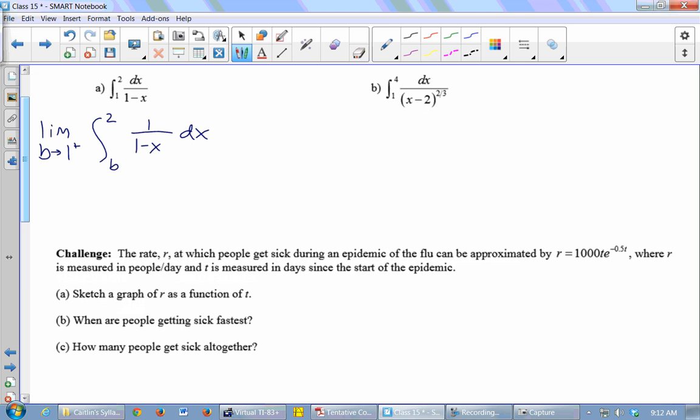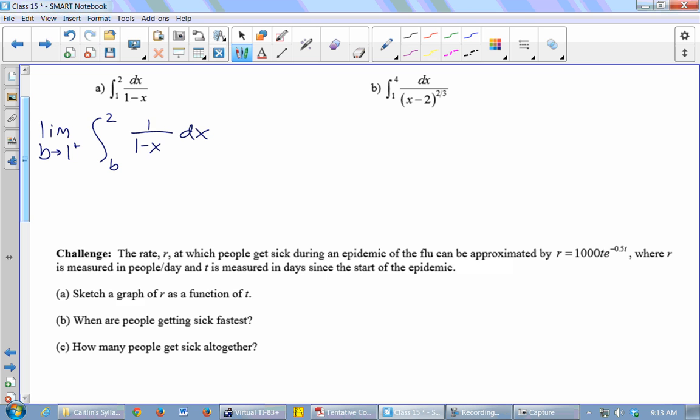Okay, let's look at B. I'll leave that for you to do sometime in your free time. Integral from 1 to 4 of 1 over x minus 2 to the 2/3 dx. Where's the discontinuity here? At x equals 2. It's right in the middle of the interval. Right? So I'm going to have to set up two integrals, 1 to 2 and then 2 to 4. Add them together, and both of them I'm going to have to use a limit to deal with the discontinuity